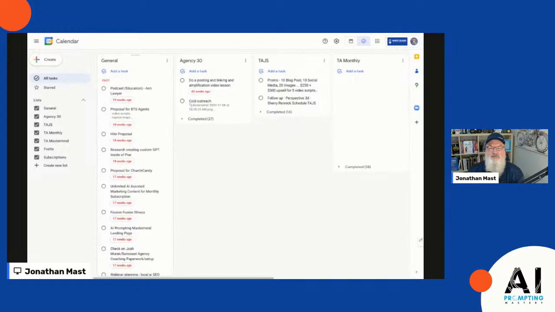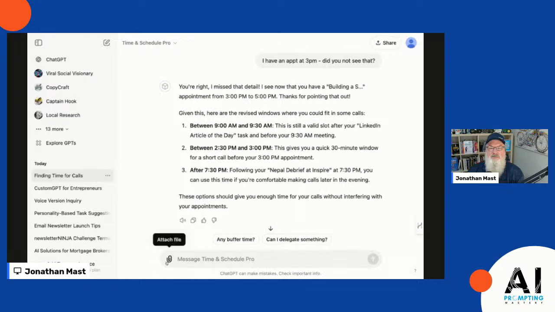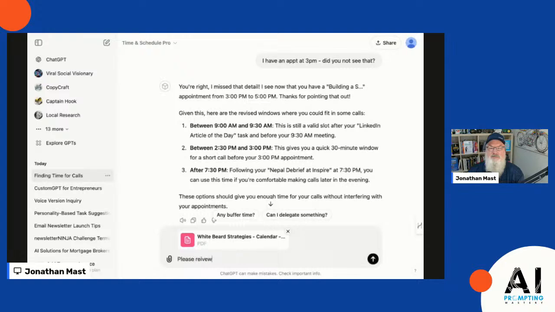So hang on as I save this to my desktop. I can't share these windows, but we'll go ahead and share that. I'm going to go back over to ChatGPT. And now I'm going to upload the PDF I just created of all my tasks. So I went to my download window. There we go. We're going to upload that PDF. Say, please review this task list,